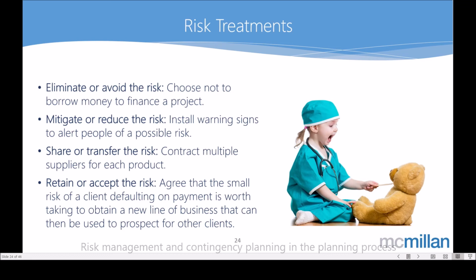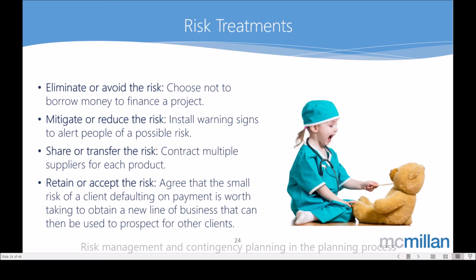Or we may decide to mitigate or reduce the risk by doing things that are going to minimize either the likelihood or the consequences, and that's more in line with the contingency planning that I was talking about before. So if it's a supplier of something, say we're doing a software upgrade and it's a supplier of a particular piece of equipment that's really critical, to mitigate the risk, we might get that delivered to us 2 weeks before we need it, because that way, if it doesn't get there, it gives us 2 weeks to get it from somewhere else, and we know that that's possible. So that's an example of a mitigation or a reduction.